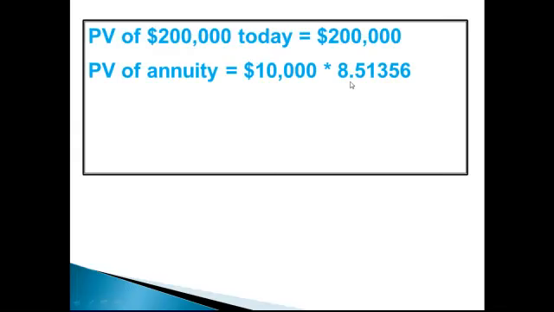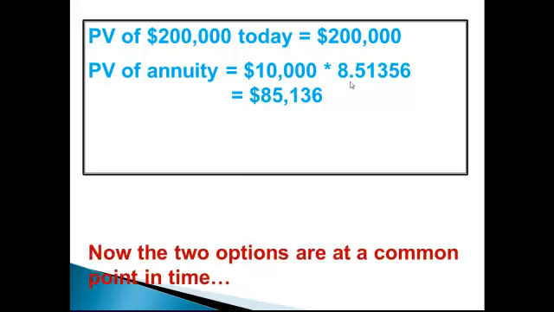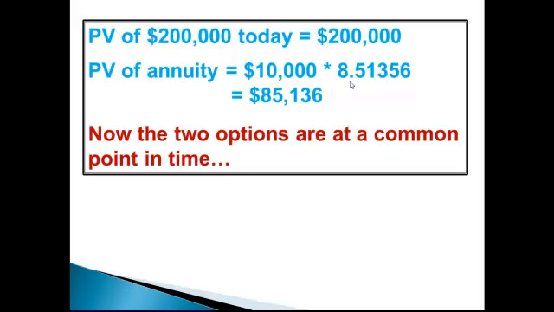And if you look at your table, it shows it a little bit better than the table I presented. Look at your table at the back of your lecture notes. The factor is 8.51356. So the present value of the annuity is $85,136. Now you can compare these two options. One today is worth $200,000. The other is worth